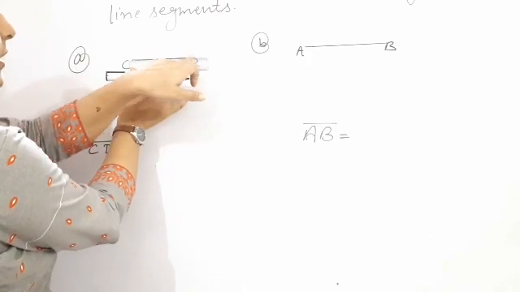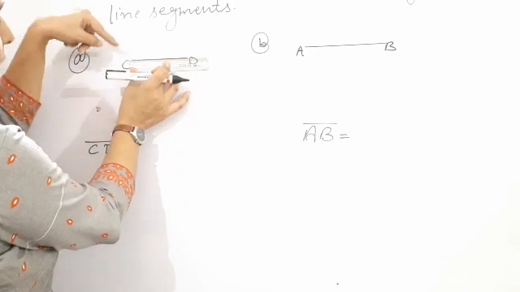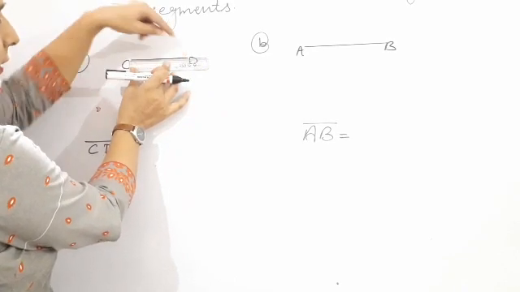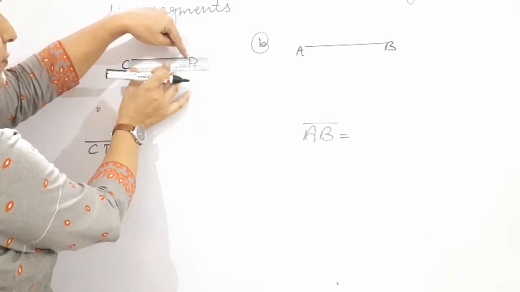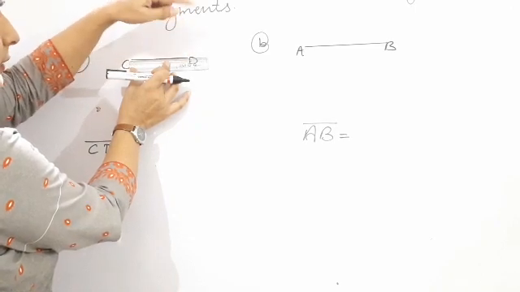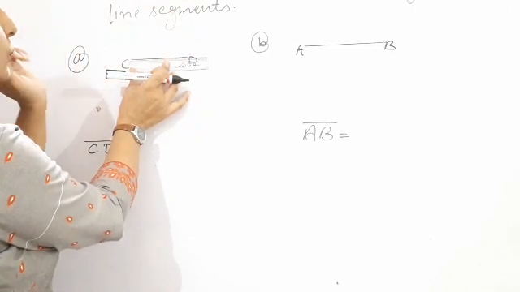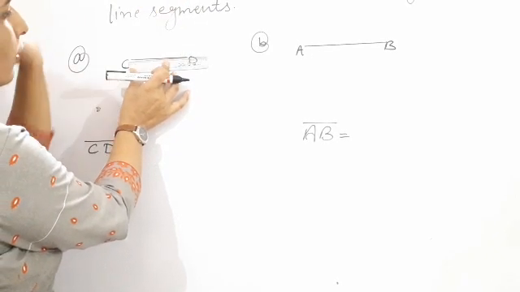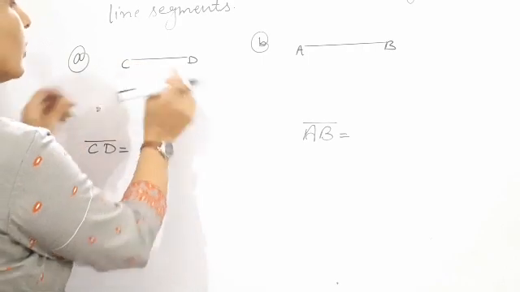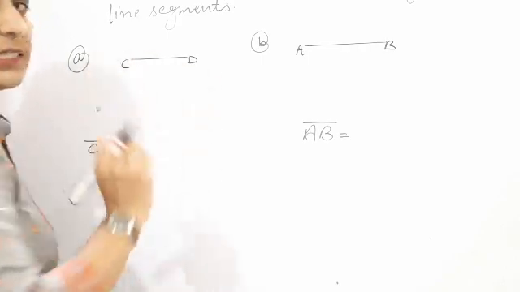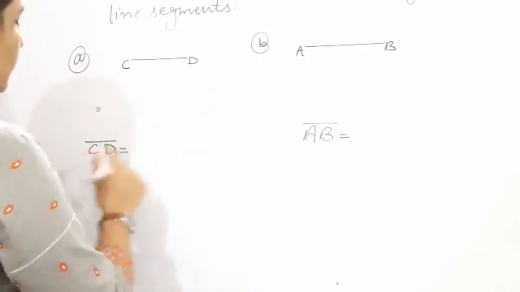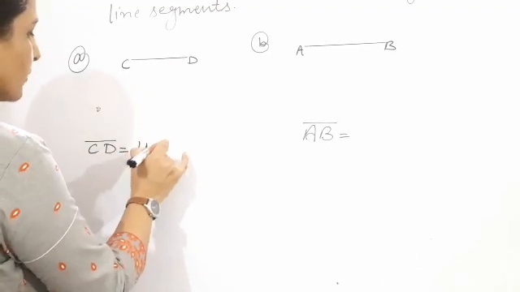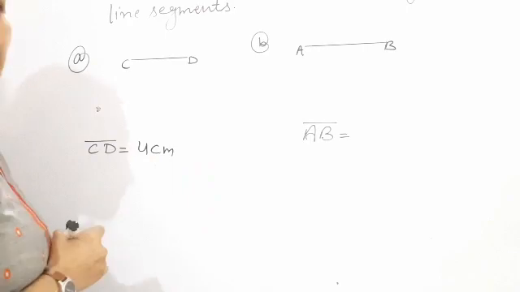After that you see this point B. You start from C, 0, and then you see this point here. Then here is 1, 2, 3, 4, 5, 6. How much? According to this, you can measure the length. It starts from 0 to 4 centimeter. In your book, the length of CD is 4 centimeter. So the length of part A, this line segment, is 4 centimeter.